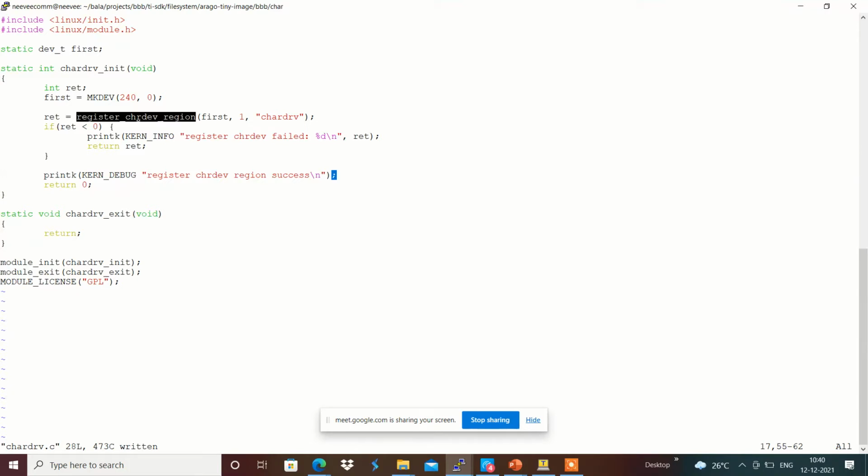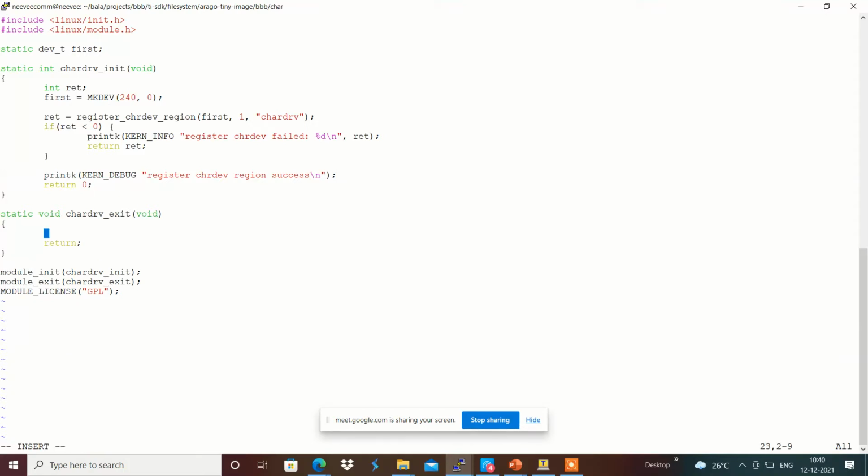This basically registers a character region with the major number of 240 and minor number of 0, and it gets created with the count, and we will see why we need to give the count. Currently I have given 1 over here, and with the character driver name char_drv as the driver name accordingly. And whatever we are doing in the registration or the allocation, that should be done in a reverse way in the cleanup of the module.